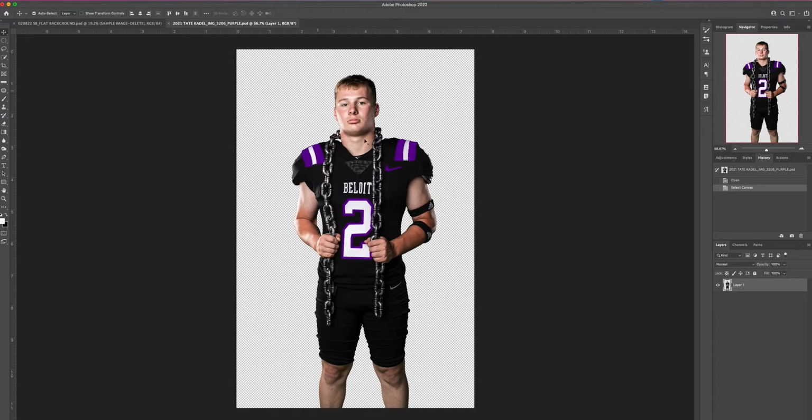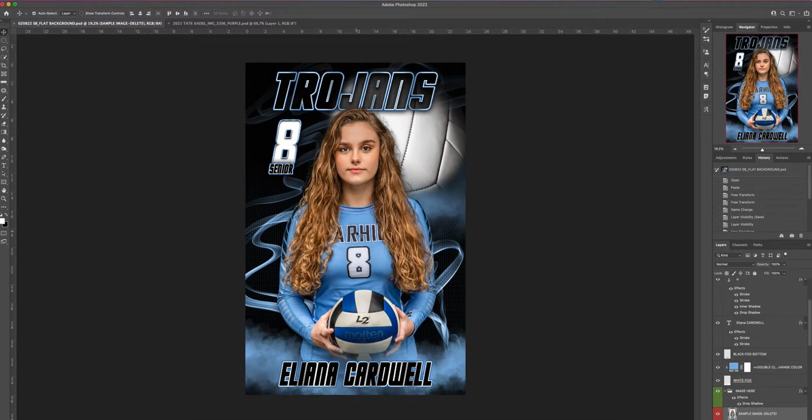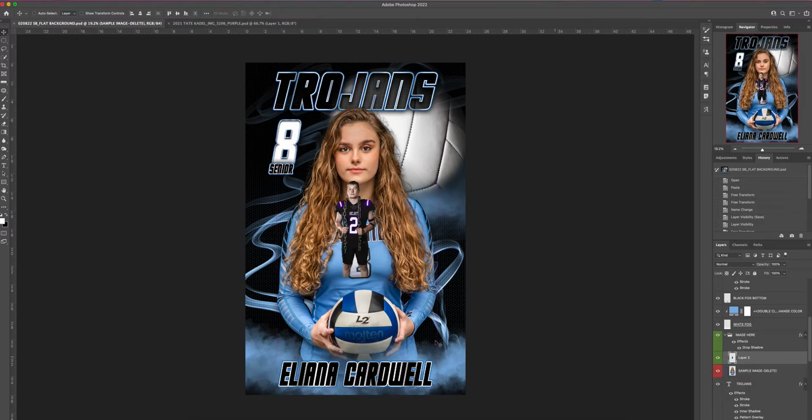So here I've got an image ready to go of a football player. I'm going to click on that layer over here with your move tool and hit Command A to select all. You could also go up here and say select all, and then Command C for copy, and come over here on your template and click on the image, and you want to go ahead and Command V, paste your new image in on top of that is what I generally do, and then you can go ahead and delete